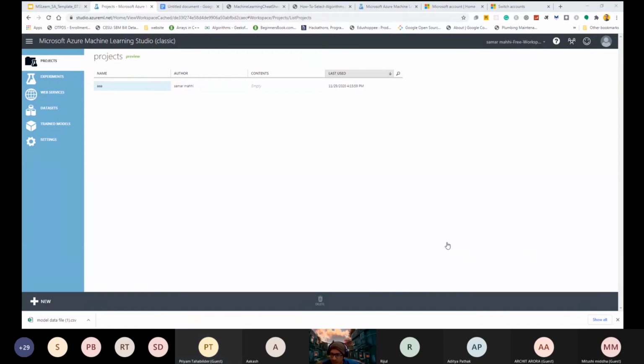Do you have any other account? What type of account do you have? I have 3 email IDs and I've tried with each of them, but it's not working. Okay, is it Outlook or Gmail? Gmail. I think it is not workable on that platform. You have to create an Outlook or a Hotmail account for that. I have a Gmail and it is done. I have not tried it, but if you have any Outlook or Hotmail account, I did it with, I think, a Gmail ID.